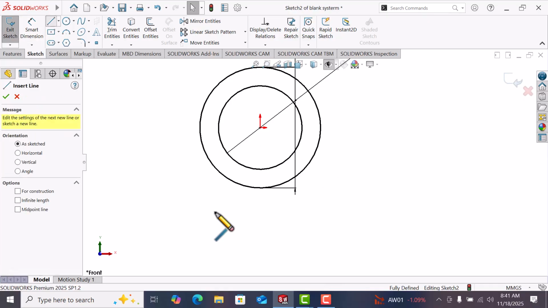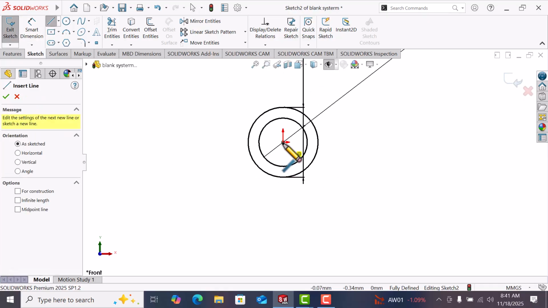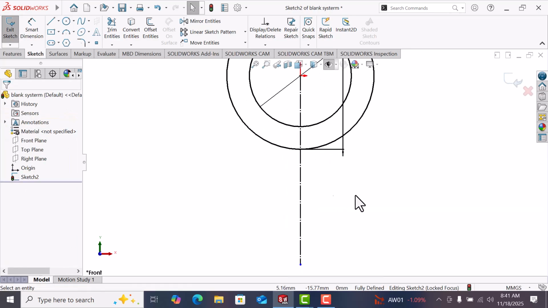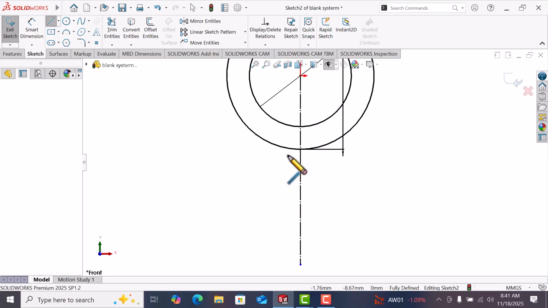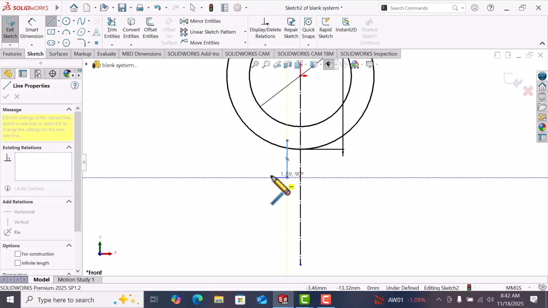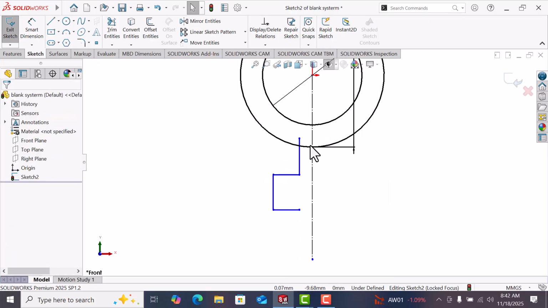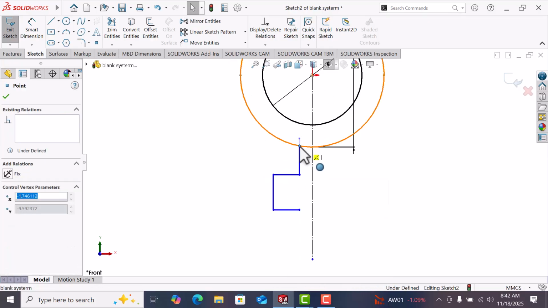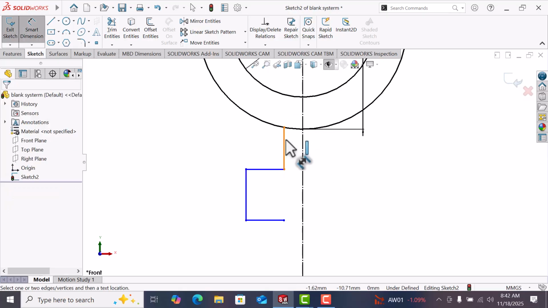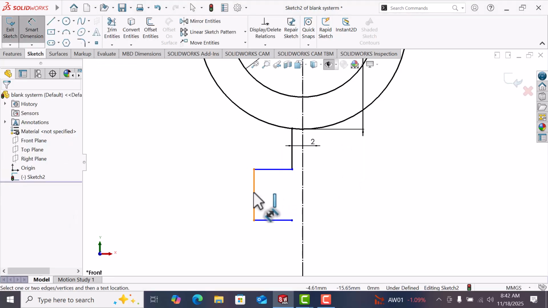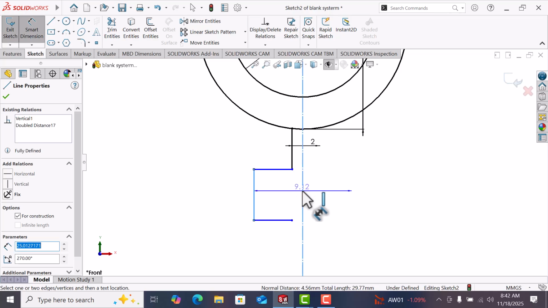Now go to line again. Draw the center line from origin. Draw the line. Select. Just move this point here. This line dimension to this line and this line distance